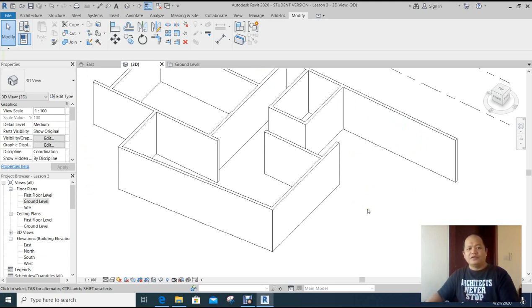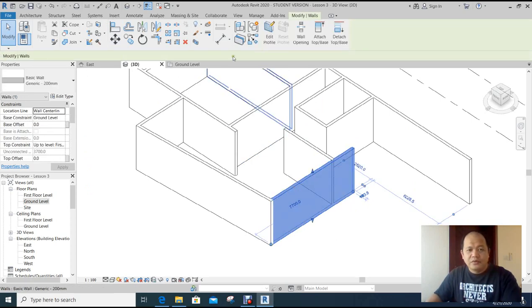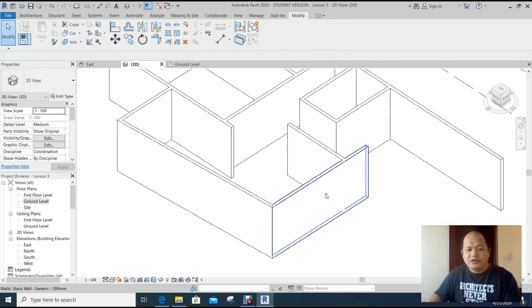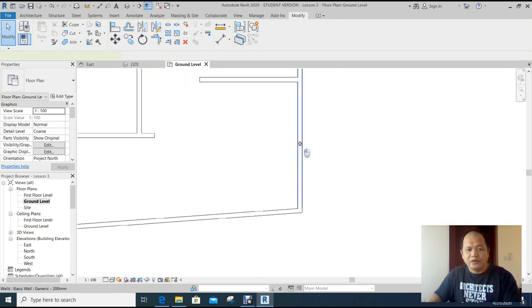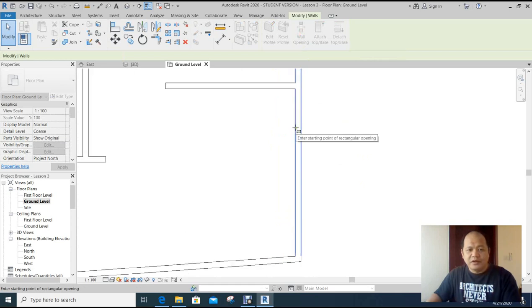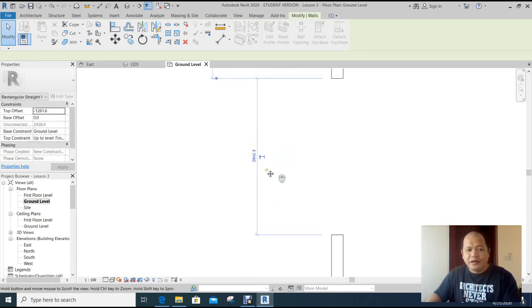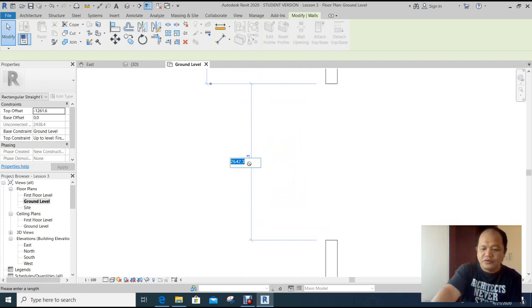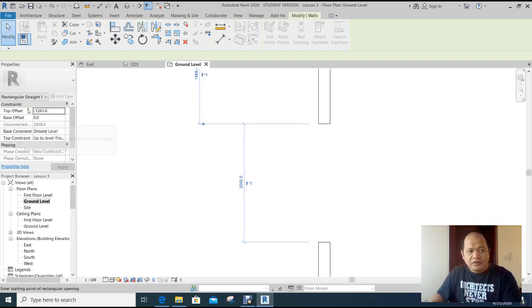So what other things can you do with walls? You can create wall openings. Select a wall, and you will have this as a wall opening. The best way to do a wall opening is you go to your ground level, select the wall where you want the opening to be, click on wall opening, and start somewhere. Click on one part of the wall, and then just drag. It gives you the value of the opening. You can change it to, let's say, exactly 2 meters. Click enter, and if you look at your